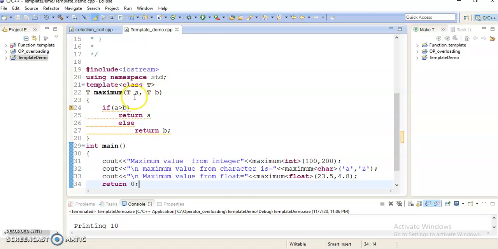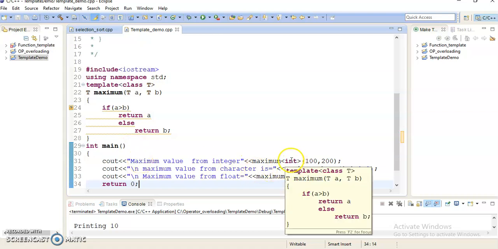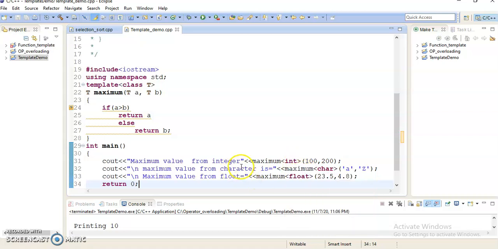which is taking two arguments, both of the same type T. Now here we have not specified the type of T, so when we call this particular function, we are specifying its type, whether it is integer, character or float. So the compiler, what it will do, whenever we will